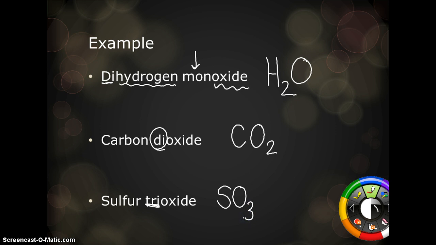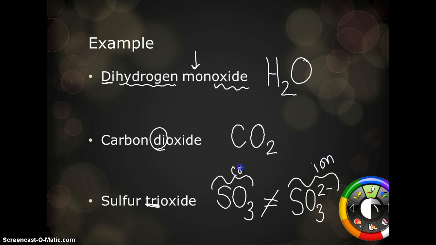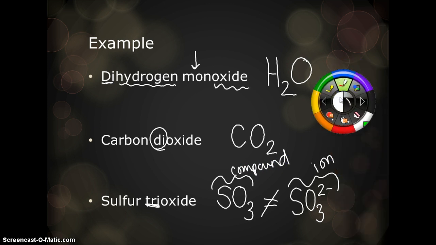Now, do not confuse this compound with the ion sulfite. Remember, when we write an ion, there is a charge present. So these 2 things are not the same. Okay, they're 2 very different things. This is a covalent compound. This is a polyatomic ion. Okay, so this is the ion. This is the compound. Do not confuse ions with compounds. Polyatomics are held together by covalent